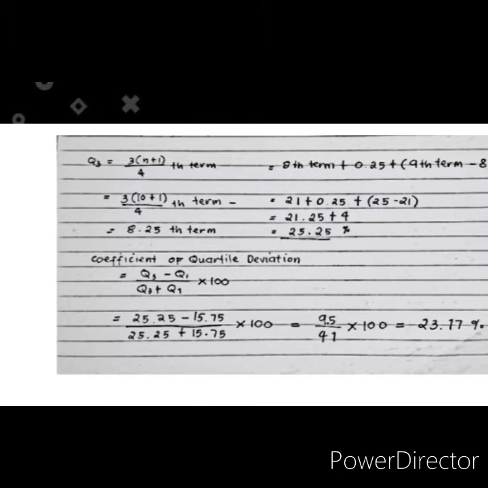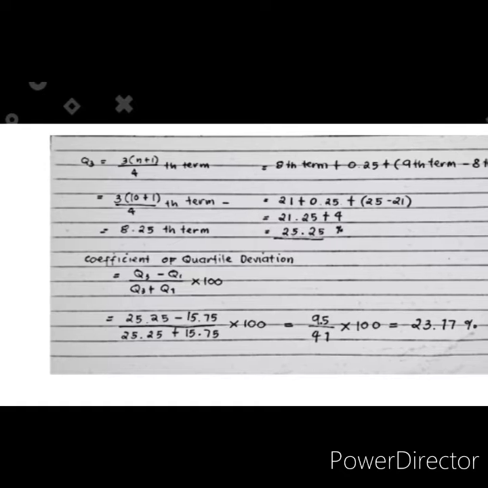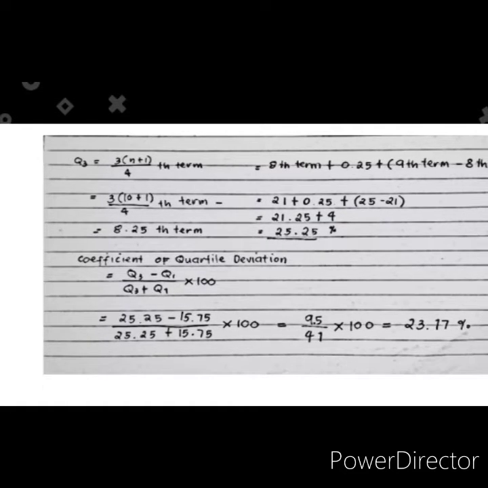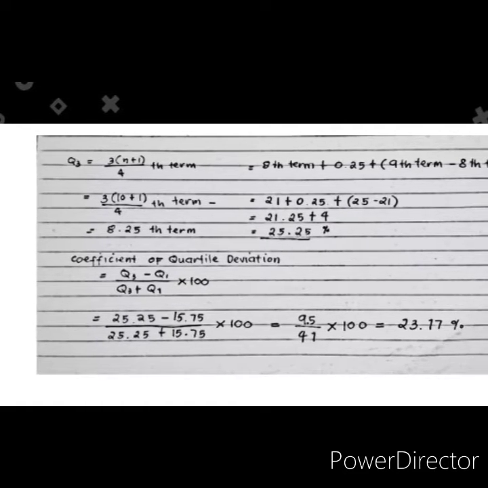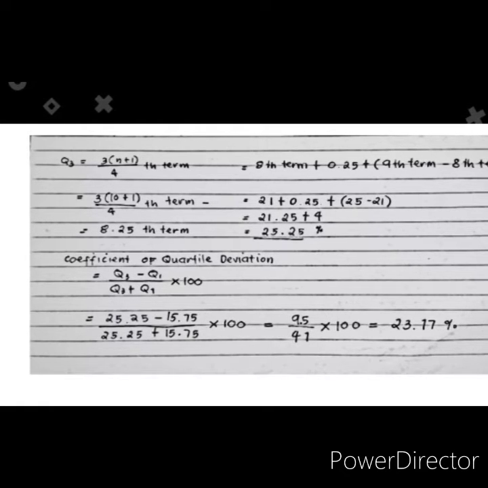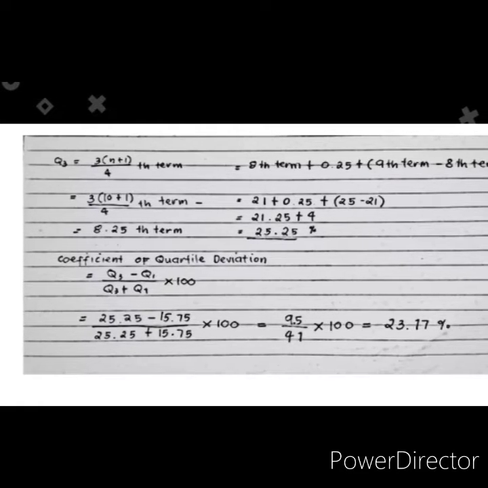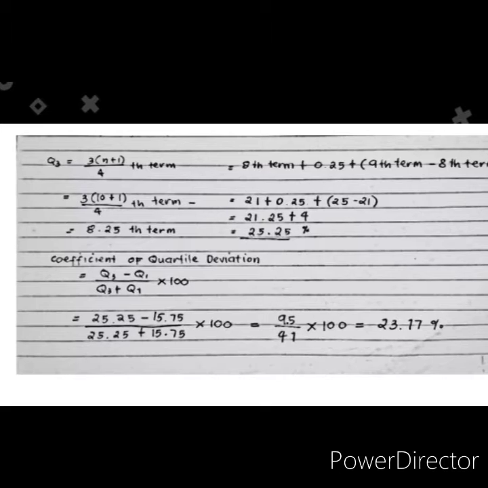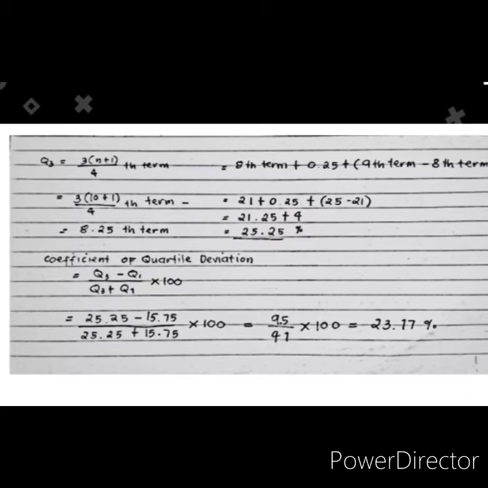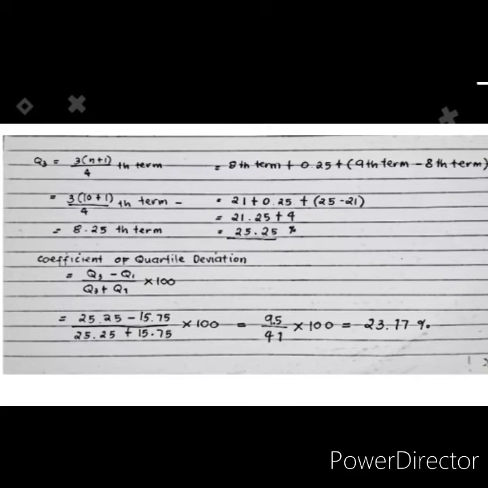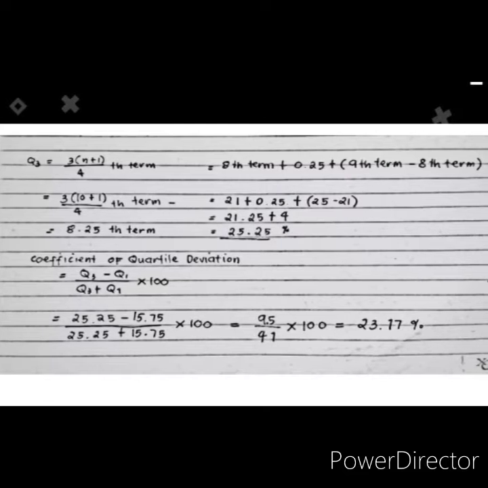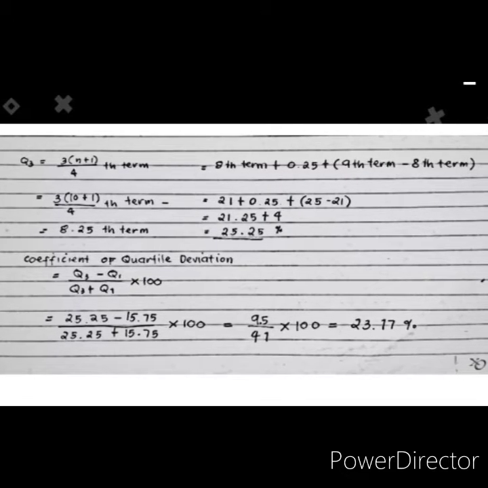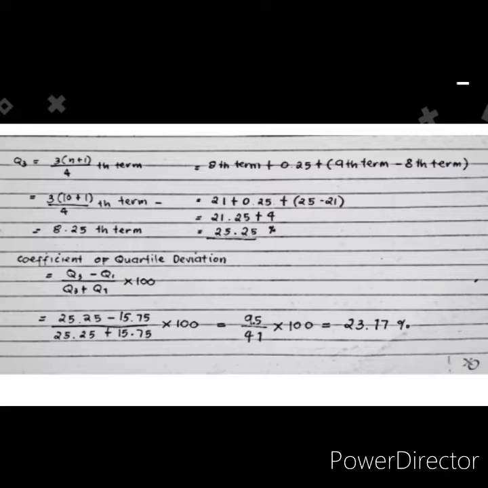13.75. For quartile 3, we have 3 times (n plus 1) over 4 nth term, which is 3 times (10 plus 1) over 4, equal to the 8.25th term. So here we take the 8th term, 21, plus 0.25 times the 9th term, 25, minus the 8th term, 21. So we have 21 plus 0.25 times 4, which is